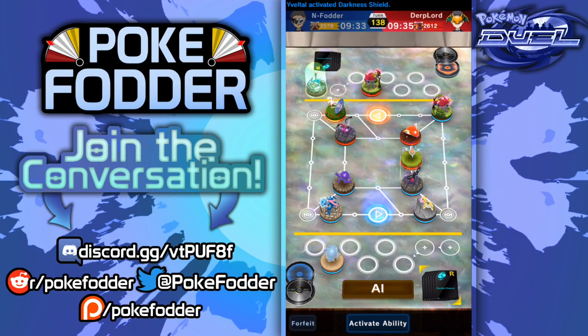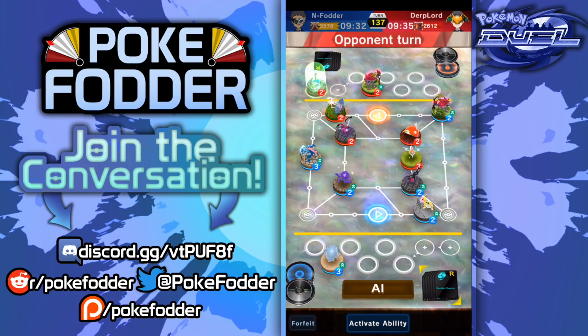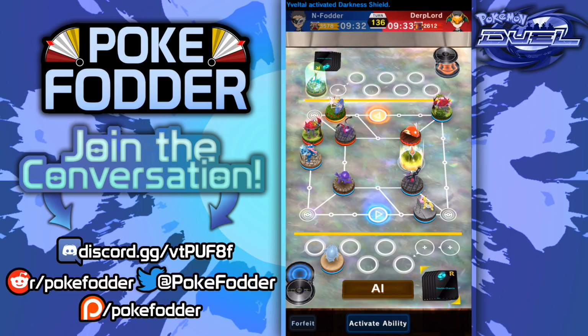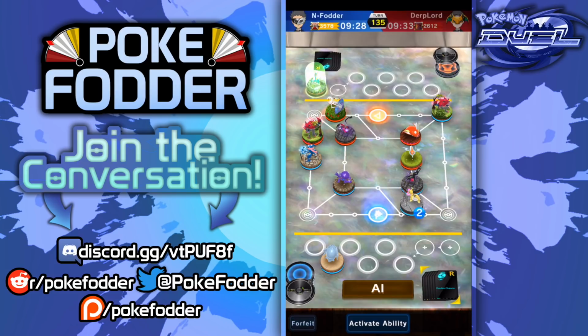Pupitar really only has nice matchups against Rotom and Magikarp here. I'm gonna go ahead and slide over and just cover up my goal here. I would like to try to figure out a way to get my Pupitar up against...